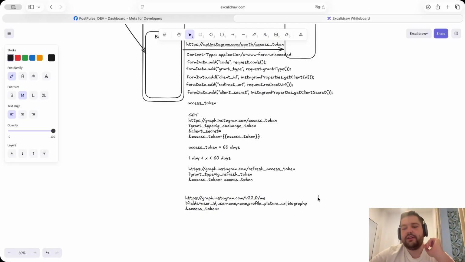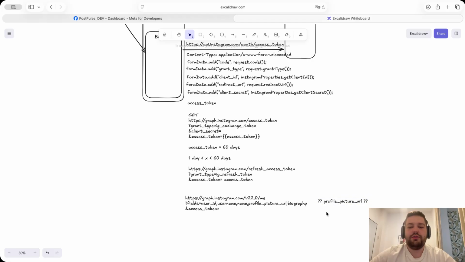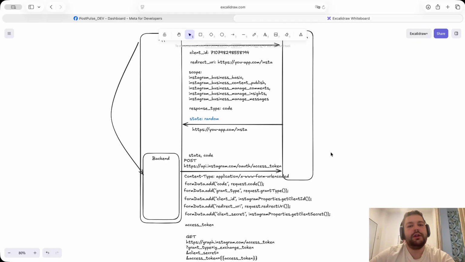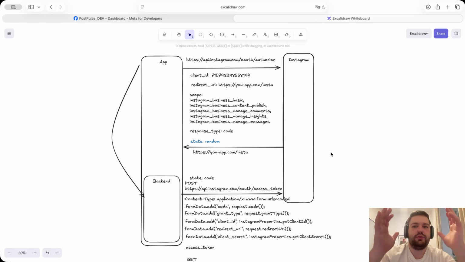One thing here, we will come back to this in a second. So here we have a profile picture, and one question that we will discuss is how to make sure that the profile picture is actually relevant, right? So how often do we refresh the profile picture, let's say, right? But before we come to this, to complete the authorization flow itself, to complete this part,